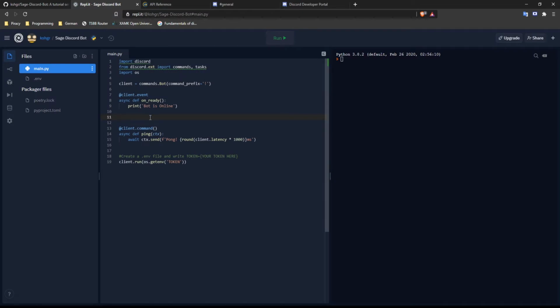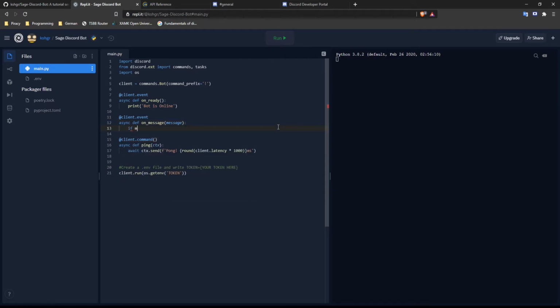First of all, we'll create our event decorator, that is @client.event, and then we have to write async def on_message, and this will take a parameter that is, you guessed it right, message. Now that we have created a function, let us create a conditional statement, because all the messages on the server will trigger this, but we need the bot to respond to certain messages. So let us write an if statement.